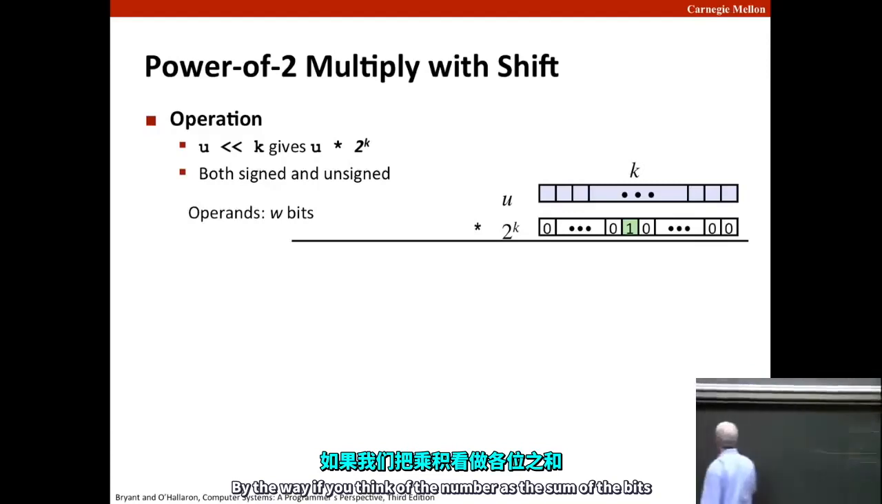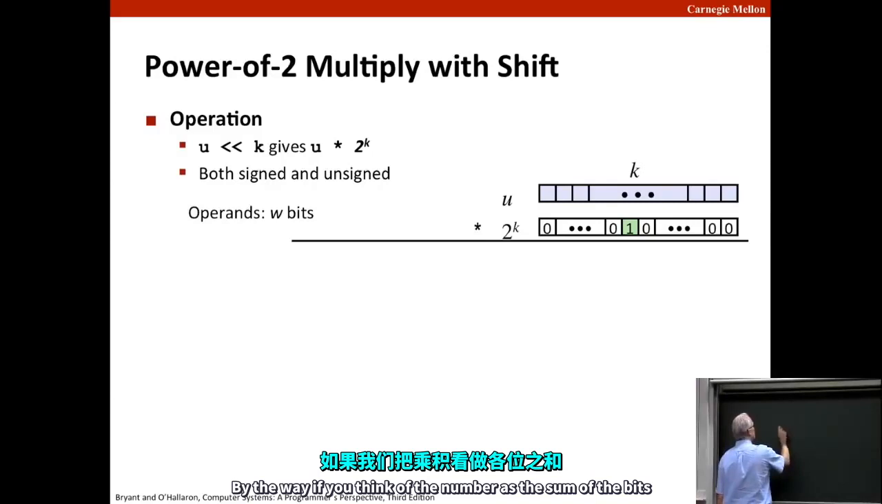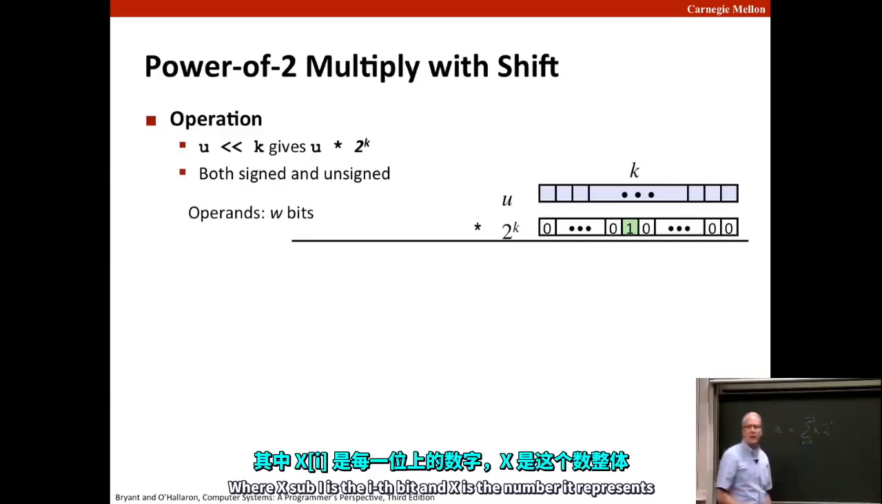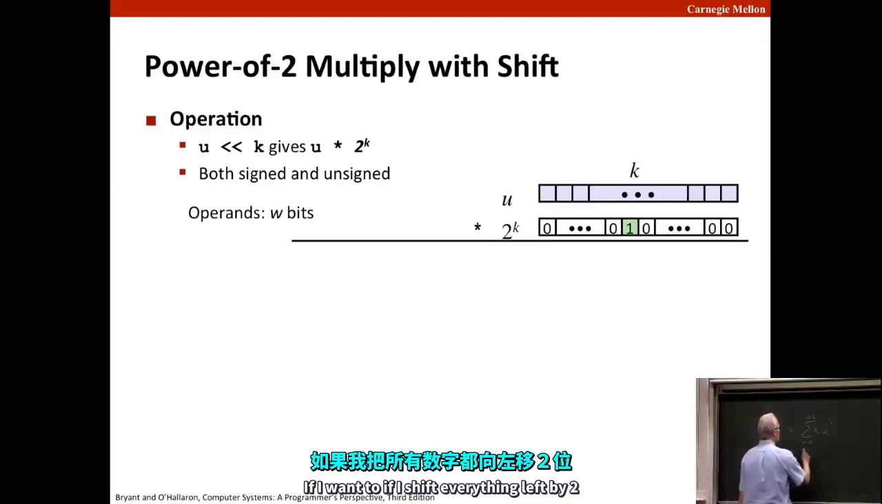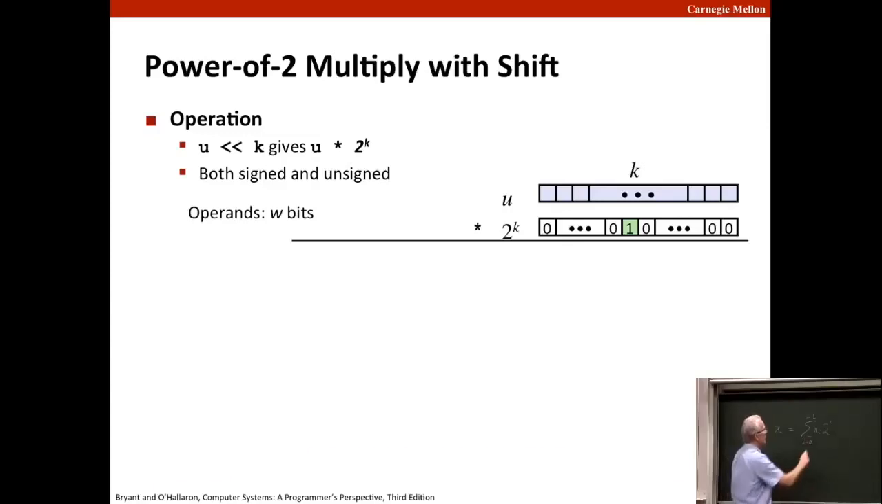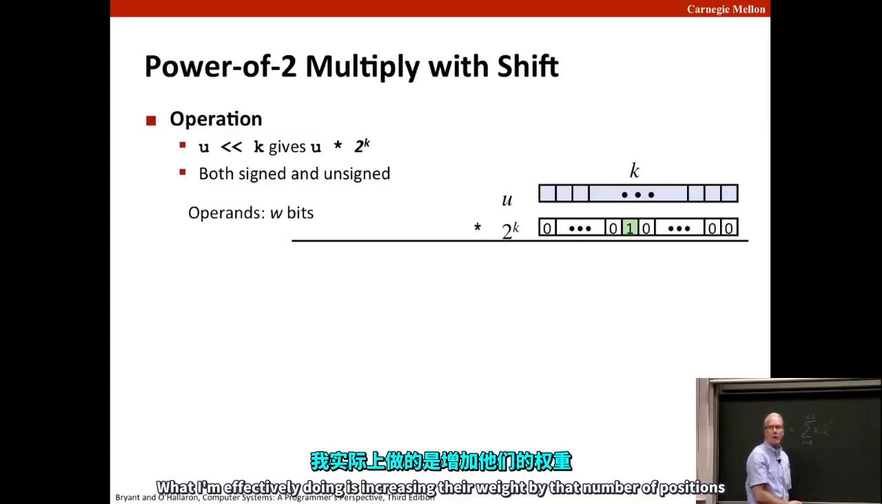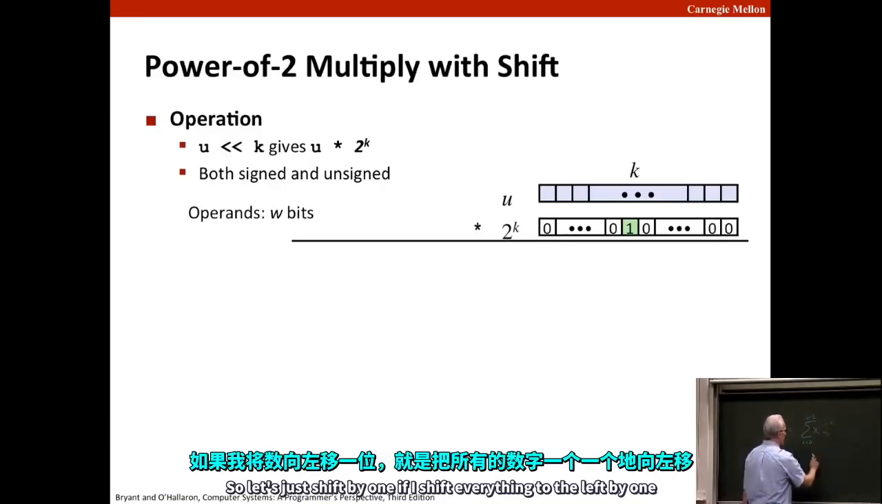if you think of the number as the sum of the bits, where x sub i is the ith bit and x is the number it represents. If I shift everything left by 2, what I'm effectively doing is increasing their weight by that number of positions. So let's just shift by 1. If I shift everything to the left by 1,